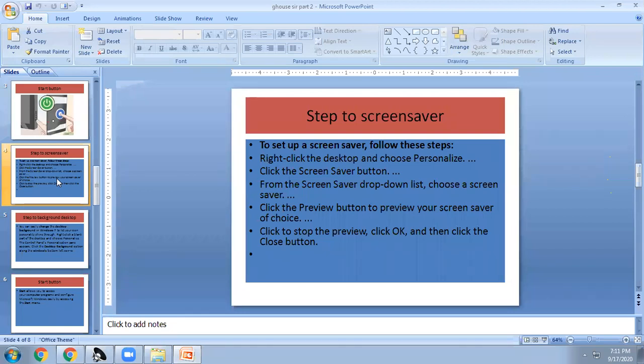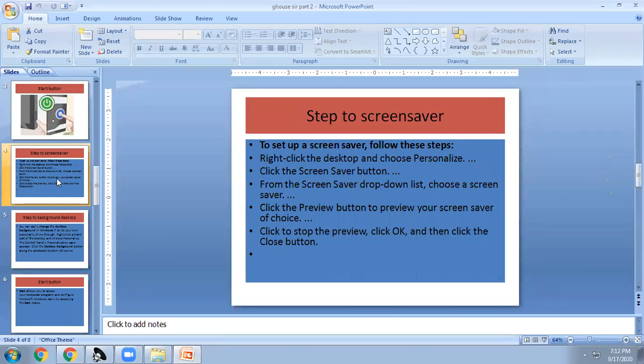To set up the screensaver, follow these steps. Right click on the desktop, choose personalize. I will show in screen sharing form also how it works. Click the screensaver button. So there will be a screensaver option.